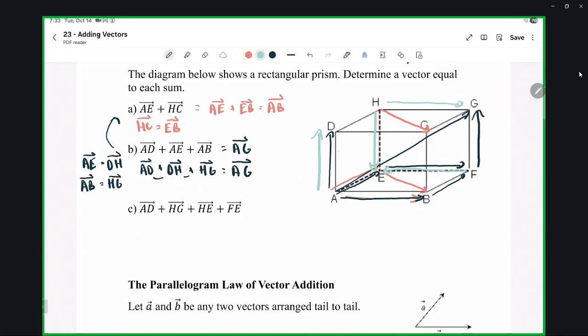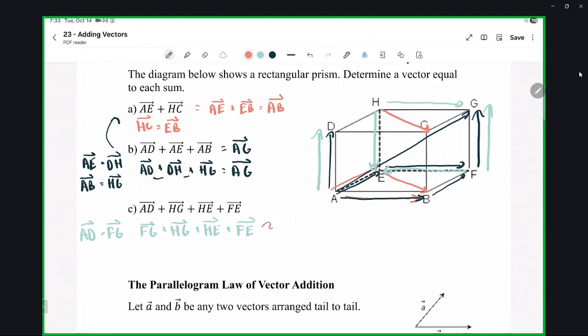And so if you notice here, we can move this vector AD over to the start here. Say we can make the stipulation that vector AD is equal to vector FG. And then what's the situation that we have here? Well, we would then have vector FG plus HG plus HE plus FE. Okay. And if you notice here,